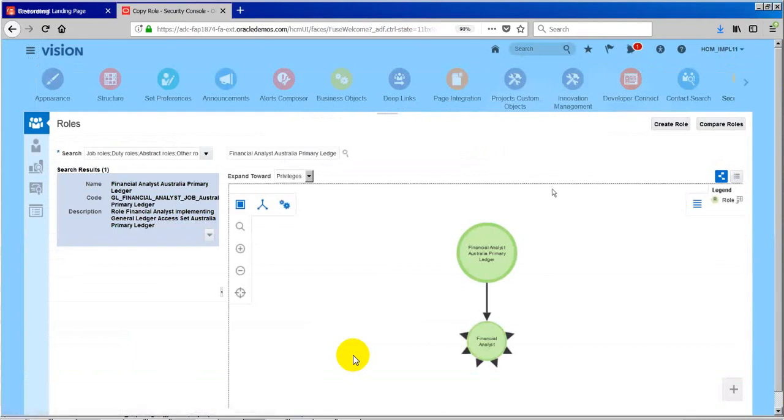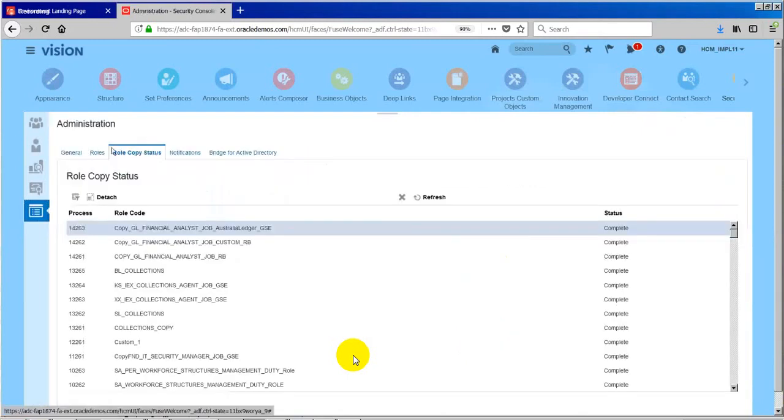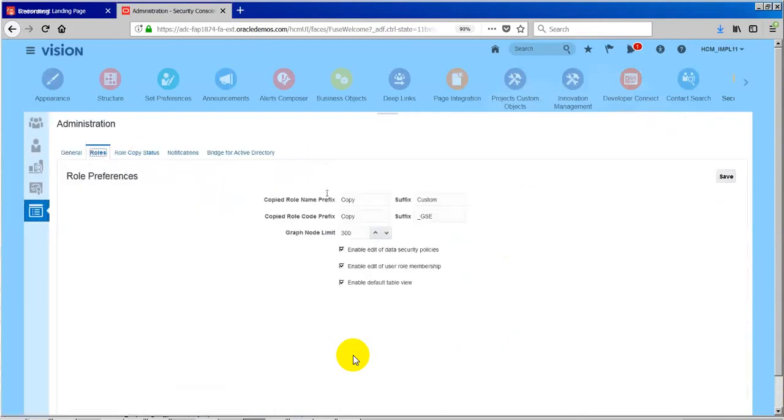So now, where are the spaces there? I think it will automatically replace with underscore. No, it only replaces the prefix and suffix. It's based on what we define. If you see in this case, for the suffix we have defined underscore GSC. That's why it is ending with underscore GSC, and sorry, it's prefix. That's one. And here we are just having the custom. That's why at the beginning it is just appending custom followed by the name. One for the name, one for the code.